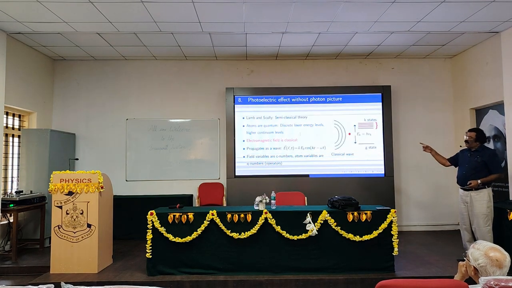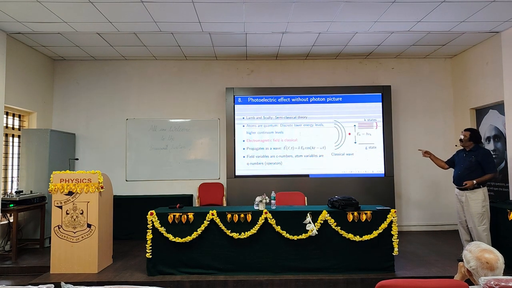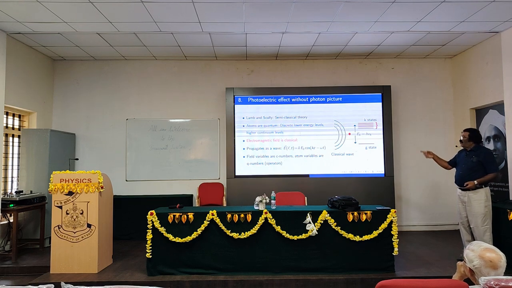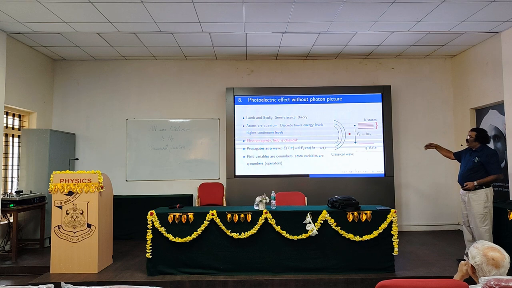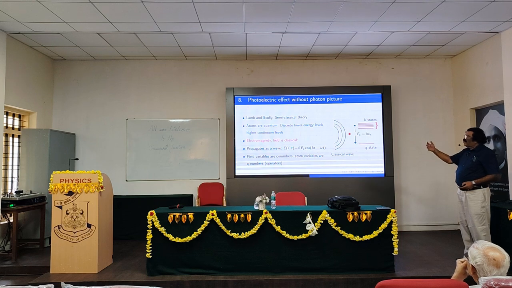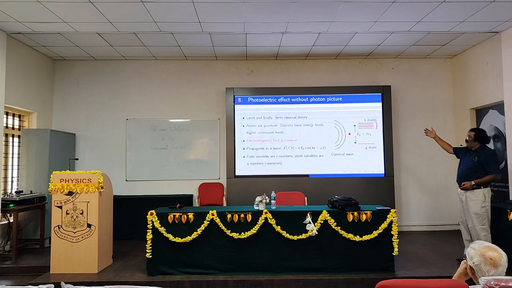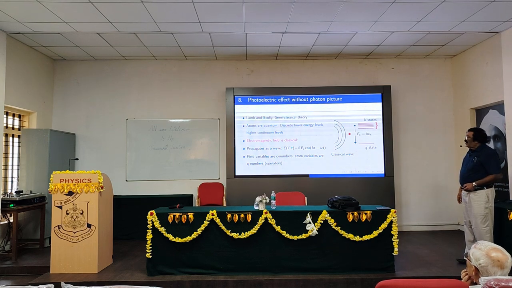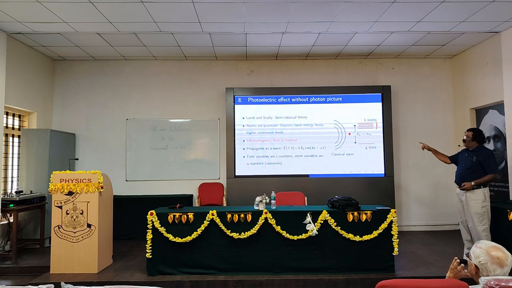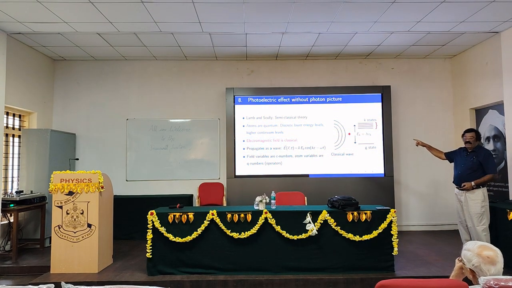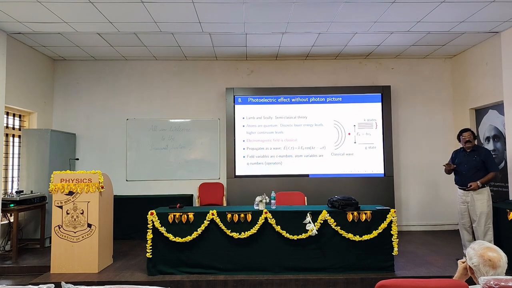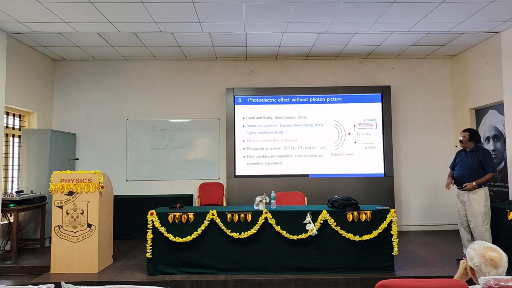Semi-classical theory means atoms are quantum systems, and radiation or the electromagnetic field is classical. So atoms have discrete lower energies followed by a higher continuum of levels. That means these higher continuum levels are nothing but the ionization levels. As soon as you excite the electron beyond those discrete levels, the electron comes out of the atom. Atoms are treated quantum, the electromagnetic field is classical. This is semi-classical theory. Pure classical theory, both are classical. Pure quantum theory, both atoms and fields have a quantum description.